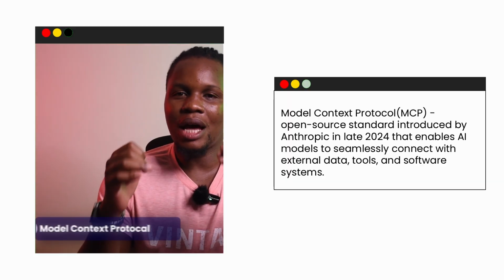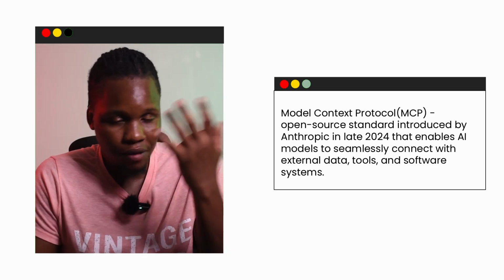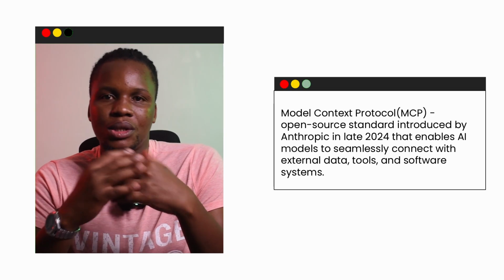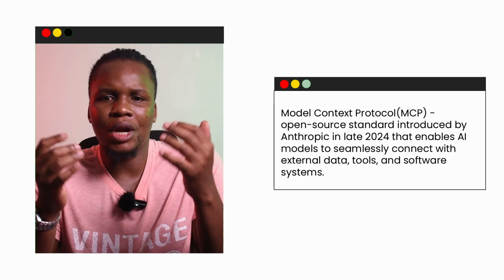So MCP stands for Model Context Protocol. It's basically a universal standard developed by Anthropic that lets AI connect to tools or data or systems in a structured way. Before MCP, every integration had to be a custom build. Your AI had to talk to a bunch of APIs, each with their own rules, and it was prone to mistakes and a mess to build. If you want your AI to talk to your CRM or your internal docs, you have to do more custom work. So it's all expensive and it's kind of a mess, right?